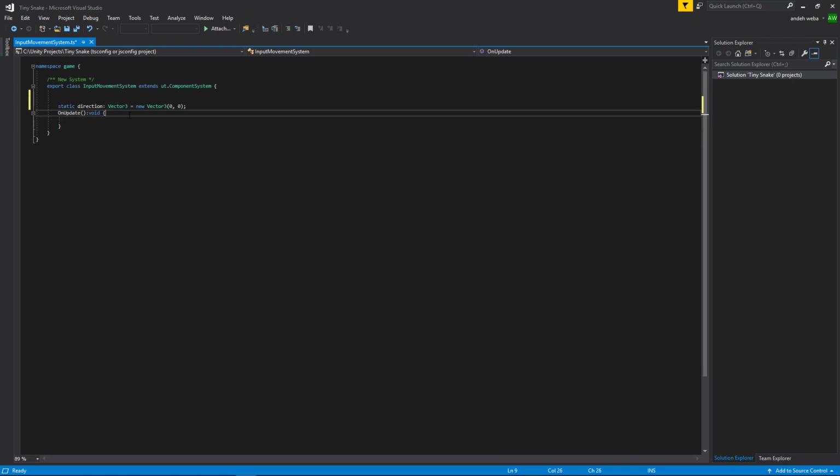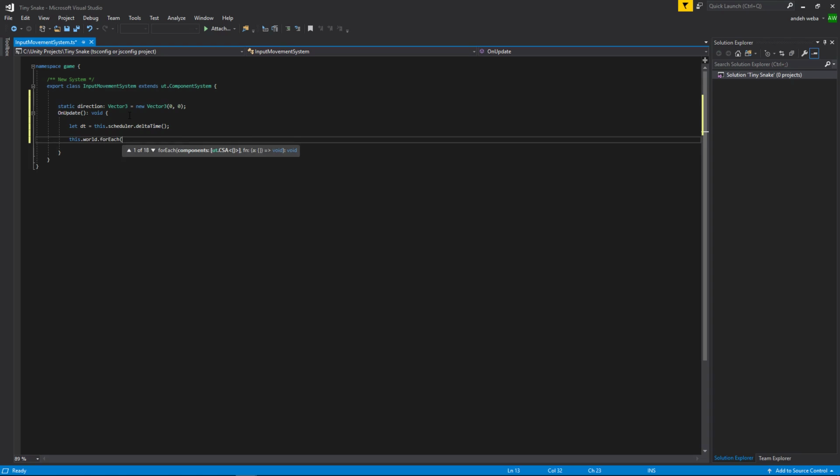Okay, so in our onUpdate, we need a reference to the delta time, same as within normal Unity. You use the delta time to keep the speed consistent across multiple frame rates. So we'll make a variable called dt and set it to the delta time, which is within this.scheduler.deltaTime. And now we need to find the component that we want to move with input. So to do that, within TypeScript, we'll use this.world.forEach, and then for each,